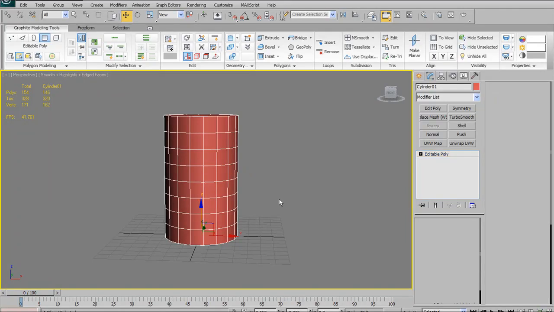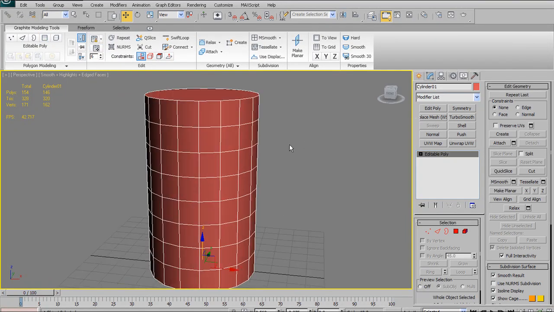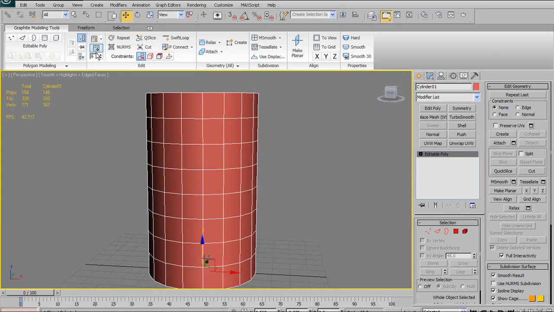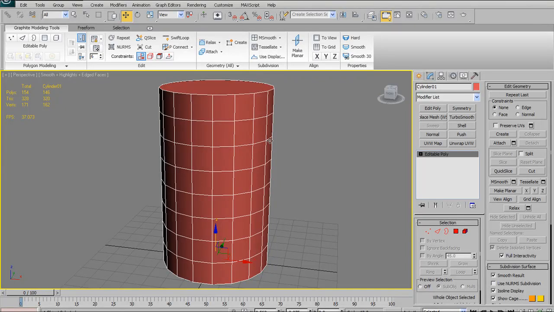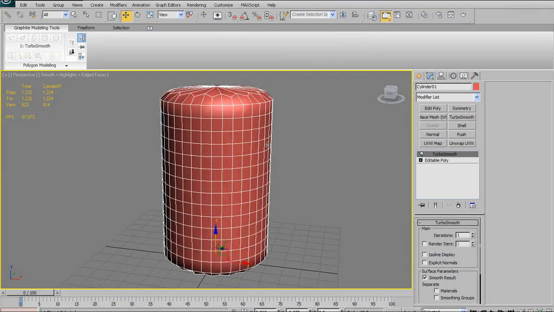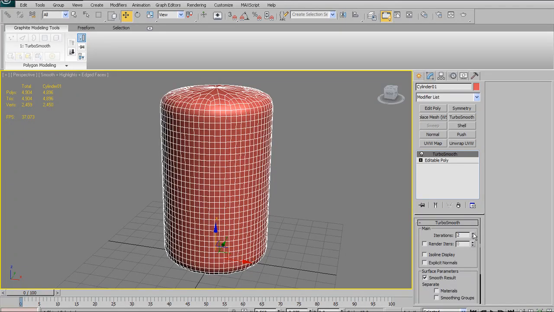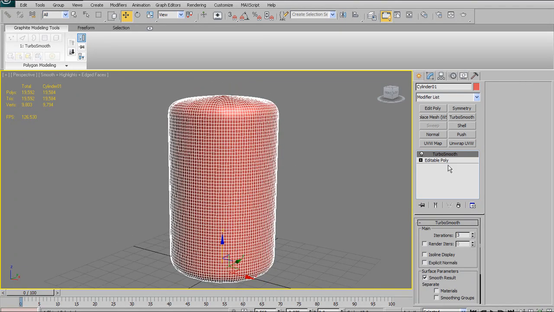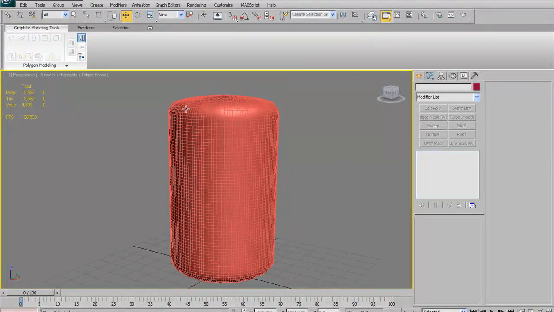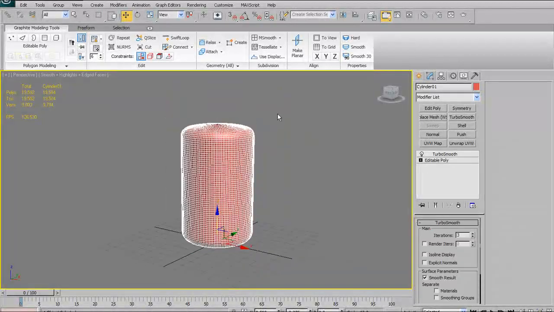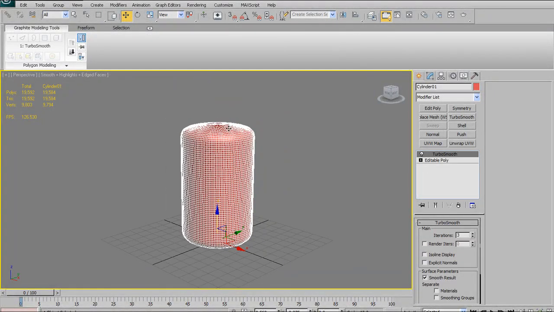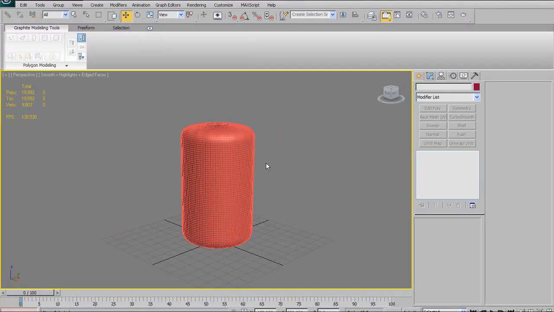Now, what that will allow you to do is save your place within your modifier stack if you deselect your object and go over to Edit Another Object. I find this very useful when I'm doing sub-D modeling, because normally if you were to apply, say, a Turbo Smooth modifier onto your object, and then you were to select away from it and try to select another object, what would happen is you would end up losing the view or the effect of the low poly version of